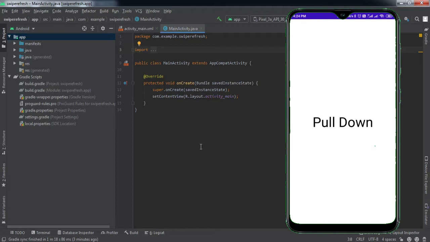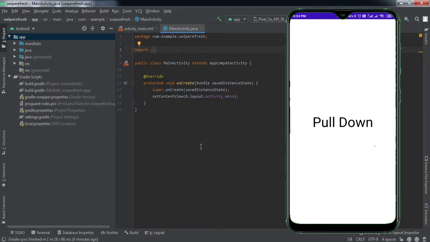So in today's video we're gonna learn how to implement swipe down refresh function to our Android application, right? In most of the major apps like Facebook, Instagram or YouTube, you must have seen that when we want to refresh our news feed, we simply swipe down, a progress bar appears, and then the whole news feed is refreshed, right? If you want to implement the same into your Android application, this video is all about that. By the end of the video you'll be able to implement that into your Android application. Let me first show you what we're going to get by the end of this video.